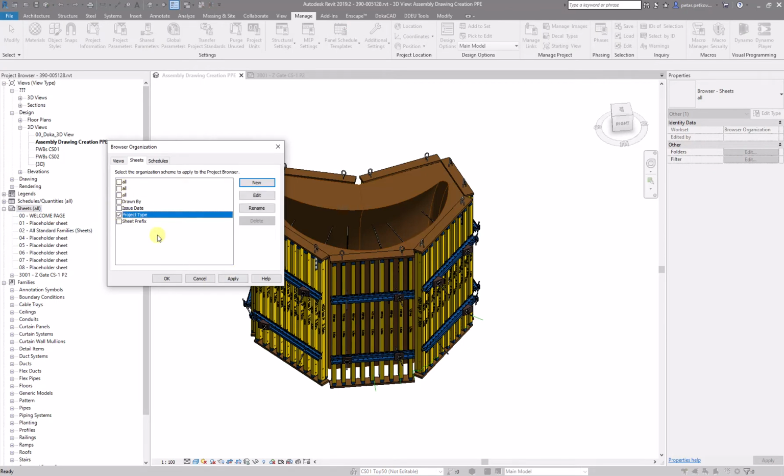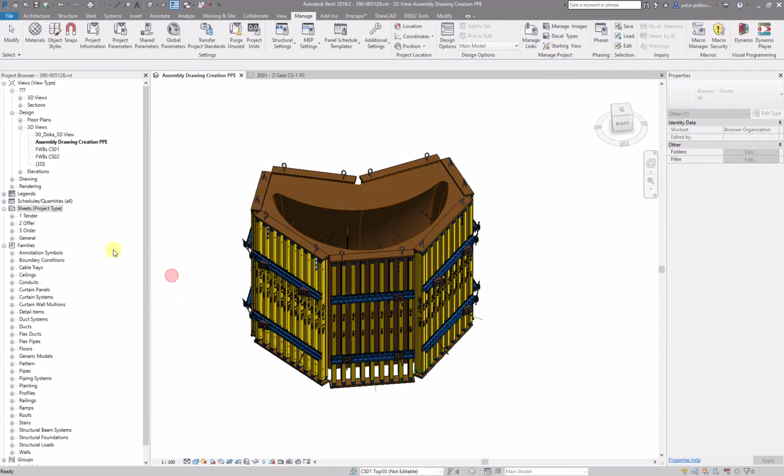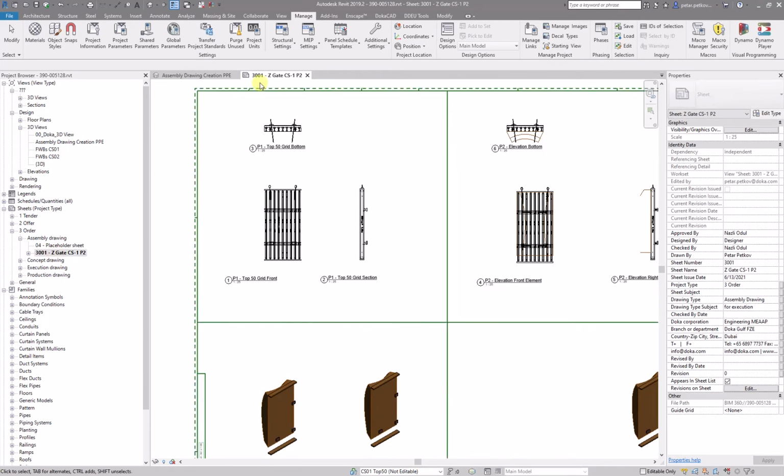Browser organization should be on project type. This is the default Docker set. So the drawings are under order, under assembly. 3001 is my template. So I'll go quickly over the drawing and then I'll show you how to create the same one for P1. So this is drawing